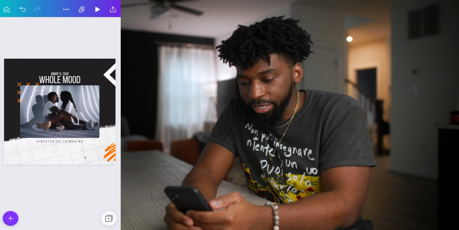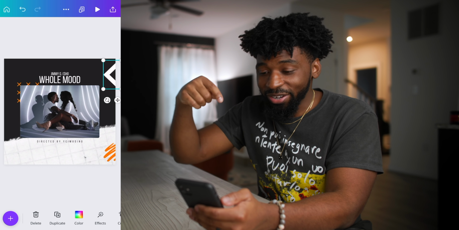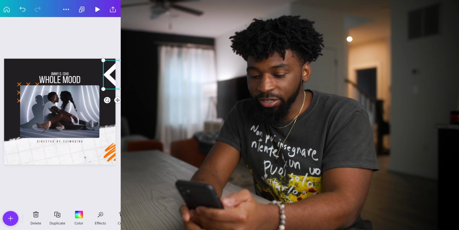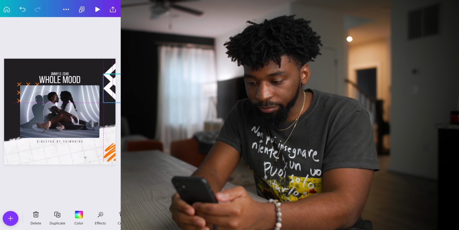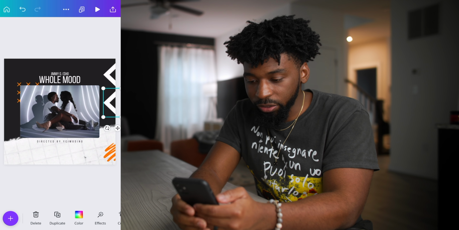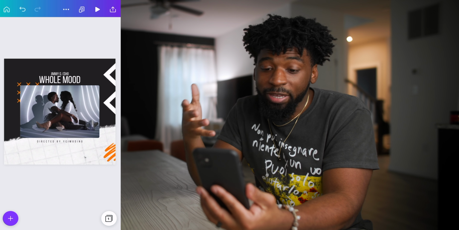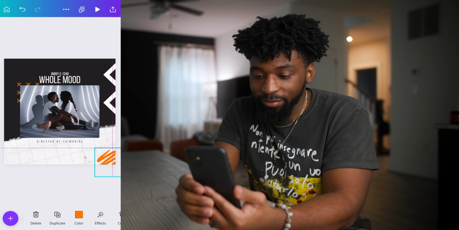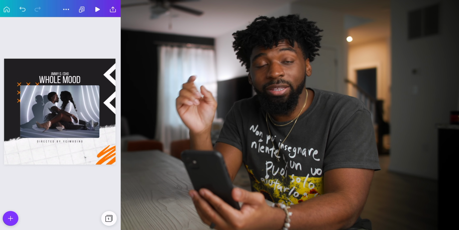Another asset I wanna adjust is this little like triangle thing over here, this little arrow. I like this a lot, so I'm gonna duplicate this. So if I just click on that, I can press duplicate down here at the bottom. And I wanna bring in 2 of those. I think that looks dope. And I mean, technically this template is already done. I can make this a tad bit bigger, you know,